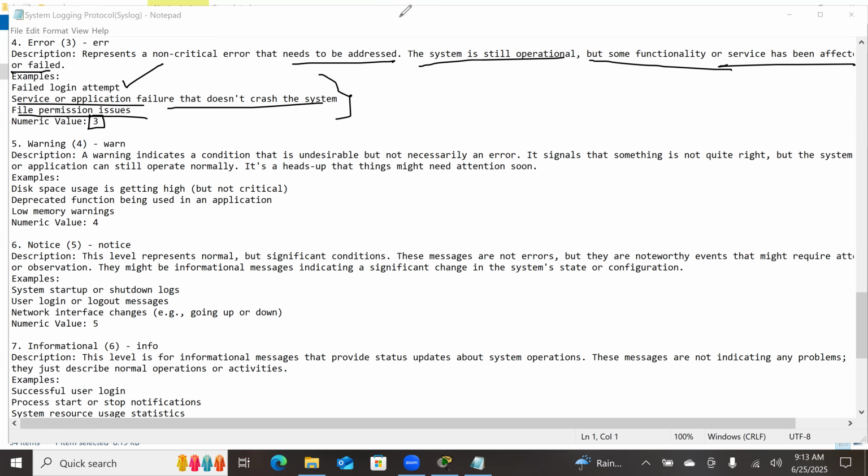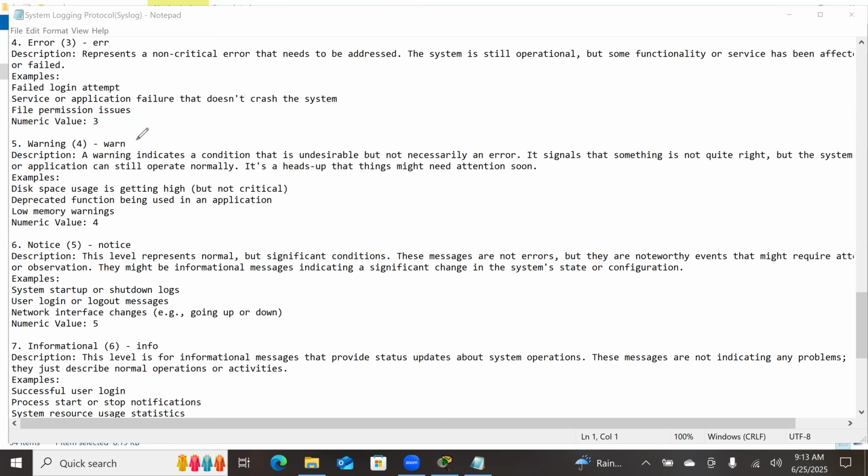Like this, we have warning, where it's going to give you a warning about disk space usage getting high, but not critical. Here, a deprecated function being used in an application, or low memory warnings. In this case, we are going to get severity level as 4. And next we have notice, where this level represents a